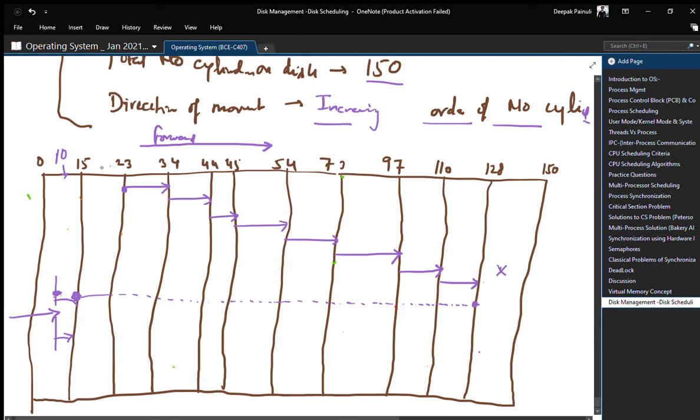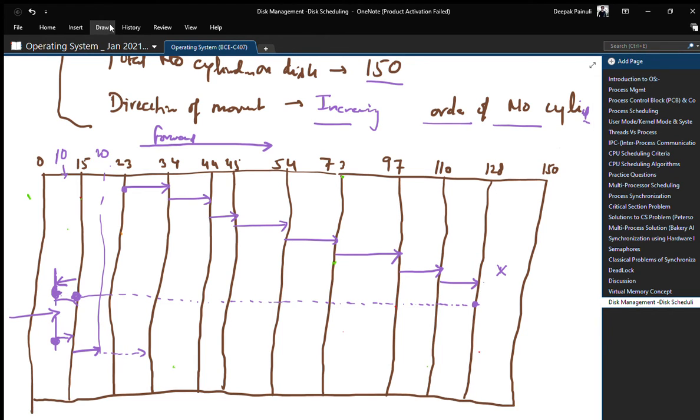Let us say for example we have another request of, let's say, 20. It will jump directly to 10, and after 10 it will go to 15, 10 to 15, then 15 to 20. And if we have further requests in this direction, we will move according to that, right? Let me take another example, where let me choose another color.